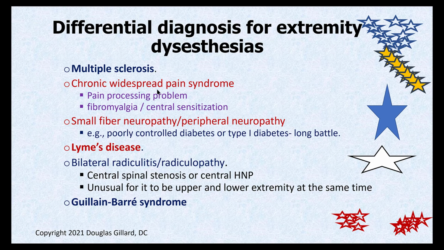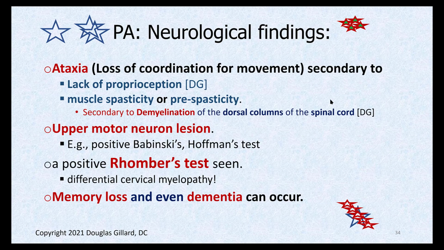But nowadays there's a lot of lab findings that show they are feeling the pain. For example, substance P is built up like crazy at the synapses in these patients. I won't go into the weeds on that. And maybe they just have a herniated disc and they got bilateral leg pain, but you should be able to tell that apart. And then Guillain-Barré syndrome is rare, caused by a virus, but that's got to be in the differential diagnosis as well. How about neurological findings on these patients?